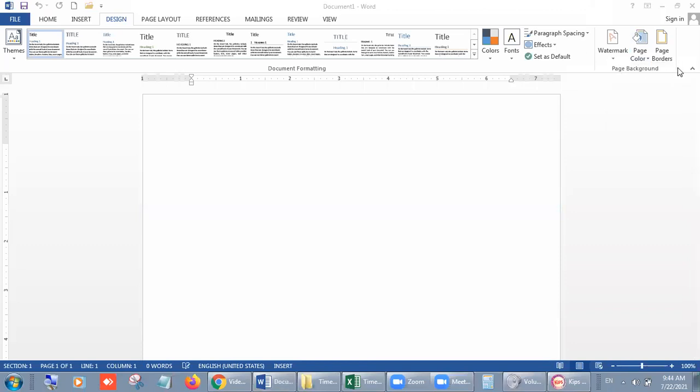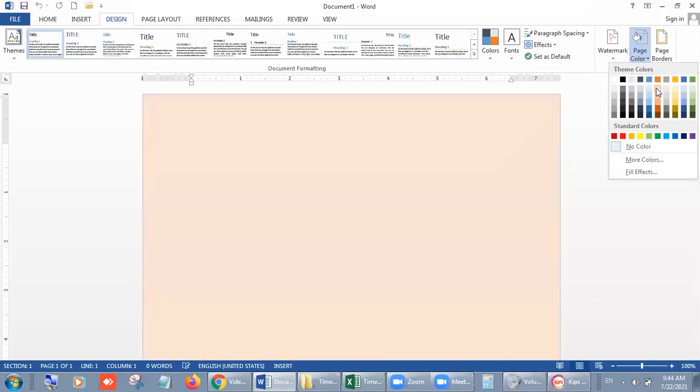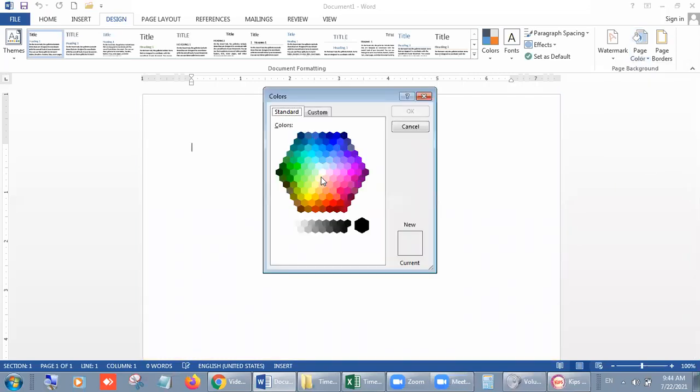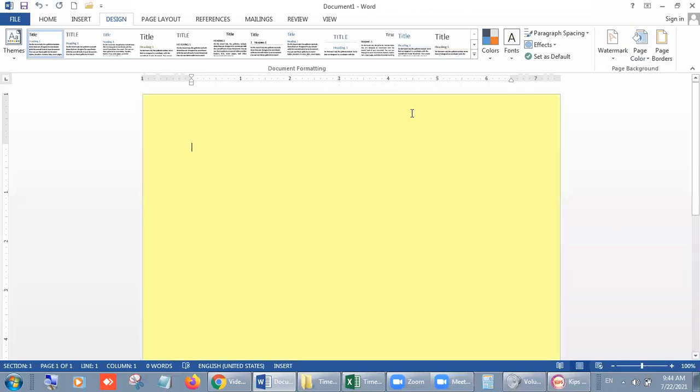From there, under Page Color, you can choose a color of your choice. If you want more colors, you can take them here. Okay, I hope it is quite visible to you now.